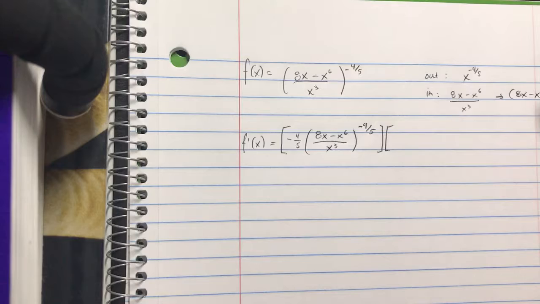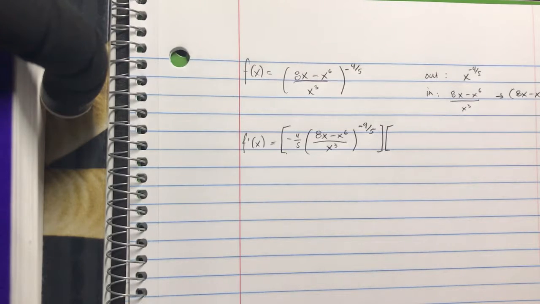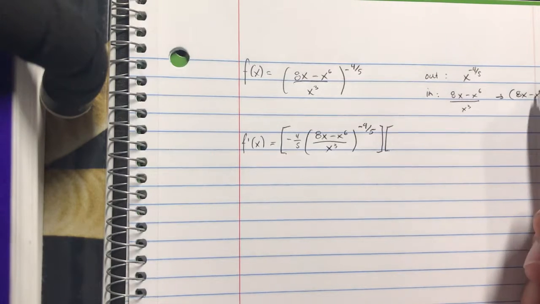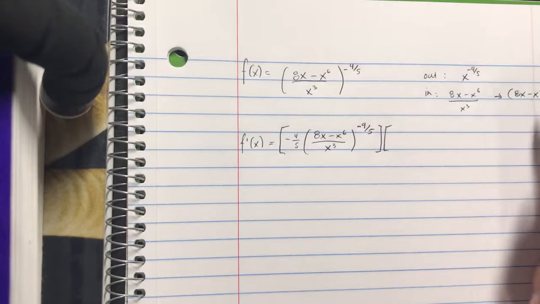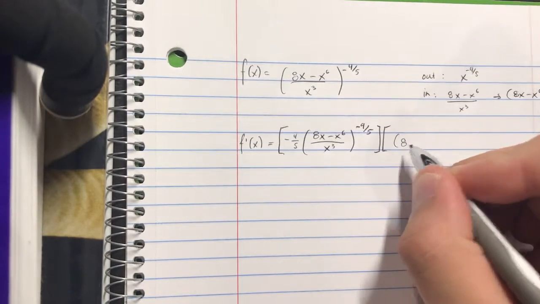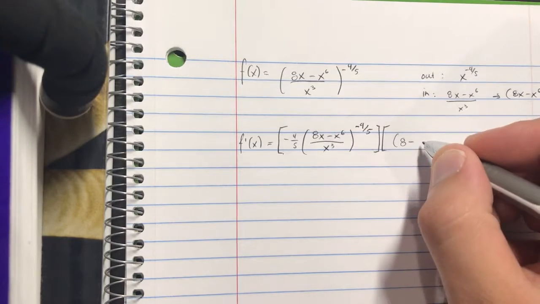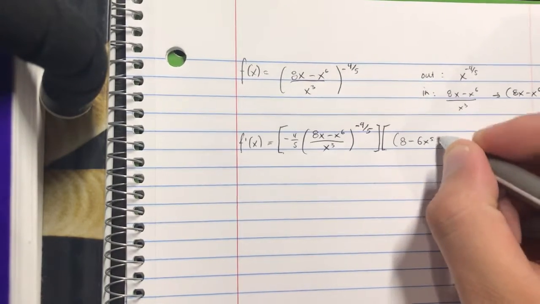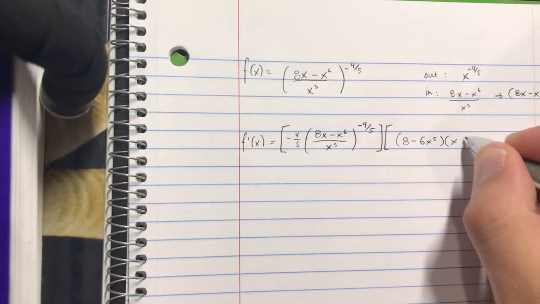And this is going to get fairly complicated, so you'll just have to follow along. But to use the product rule in this case, we'll take the derivative of the first function here, which is going to leave us with 8 minus 6x to the 5th power times x to the negative 3rd